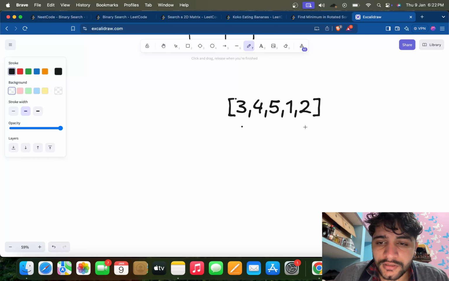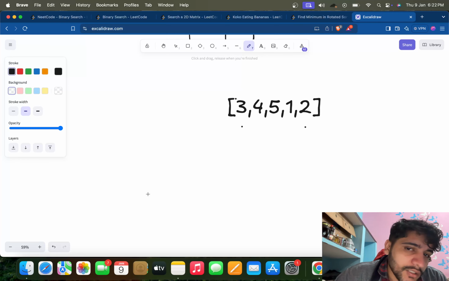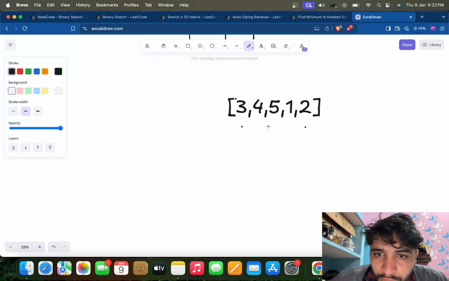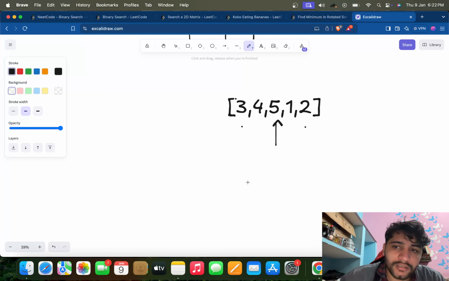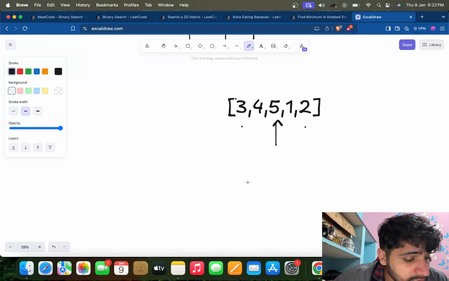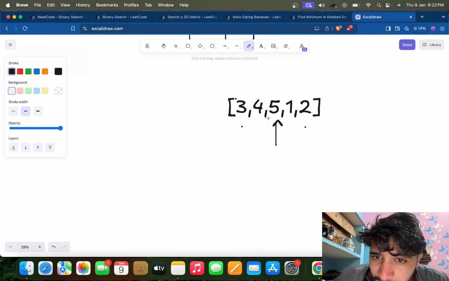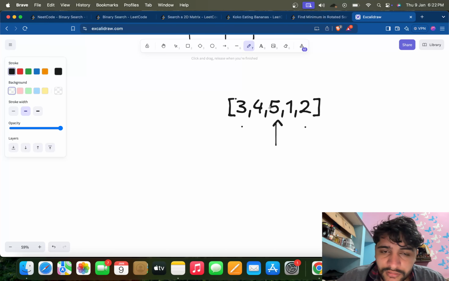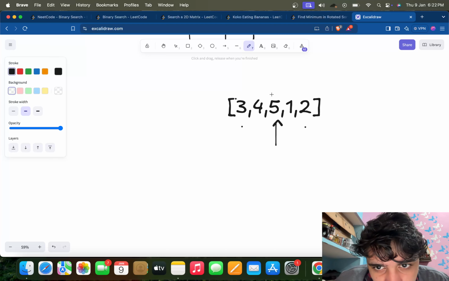This is the right. Now we will start. Mid is what? Is 5. So 2. This is the mid at the initial stage. So we will check, is the mid element bigger than the right or not. If it is bigger than right,